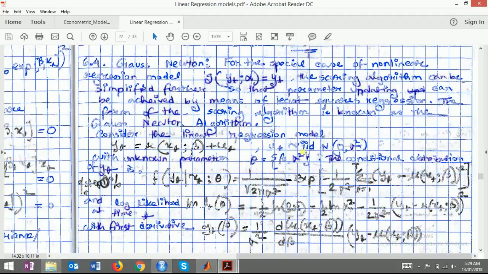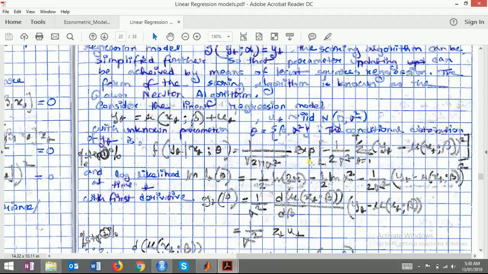Ut is independent and identically distributed with zero mean and sigma square variance, with unknown parameters theta equals beta and sigma square. The conditional distribution of the dependent variable yt is, as you are already aware, the conditional distribution function,